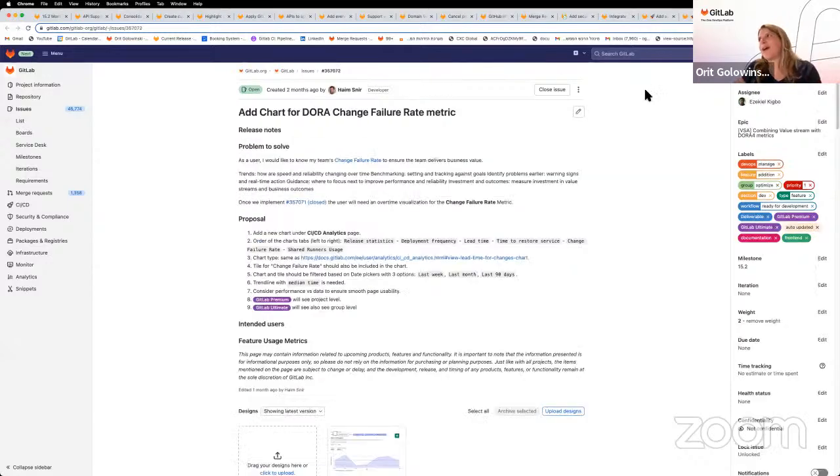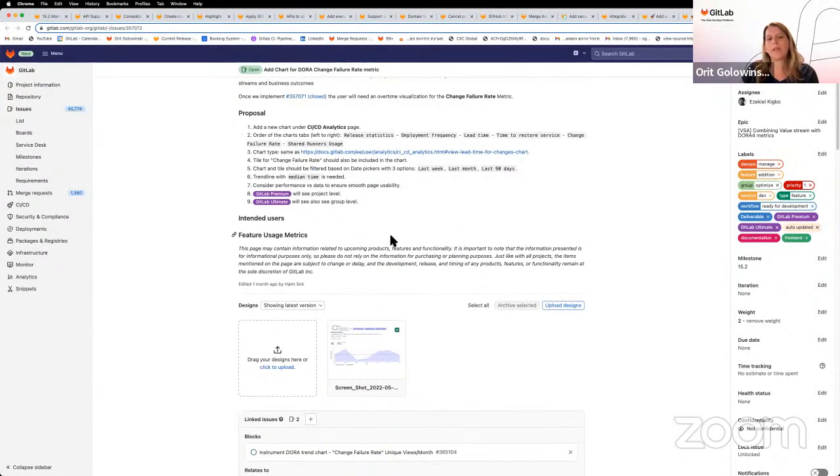And now back to Optimize, and what we're going to add in terms of lead in CI/CD is adding the fourth DORA metric trend chart. So we recently completed adding API support. Now we're going to follow up with the chart itself.